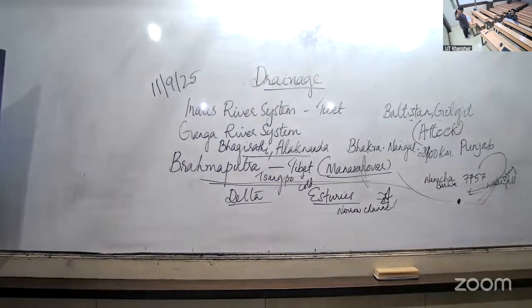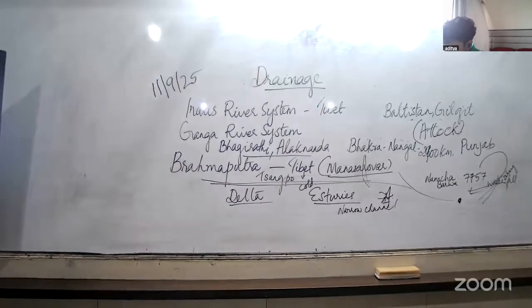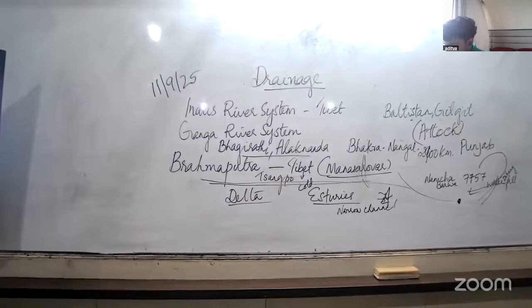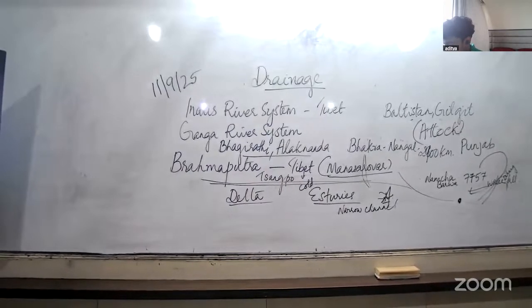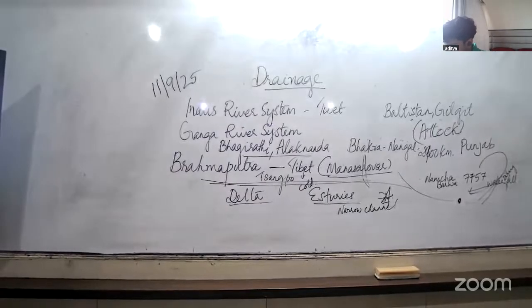Now Tapi River, you read, Aditya. The Tapi Basin. The Tapi rises in the Satpura ranges in the Betul district of Madhya Pradesh. Underline. It also flows in a rift valley parallel to the Narmada, but it is much shorter in length. Its basin covers parts of Madhya Pradesh, Gujarat, and Maharashtra. The coastal plains between Western Ghats and the Arabian Sea are very narrow.